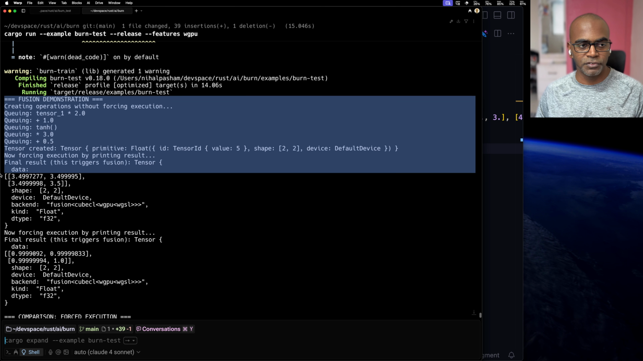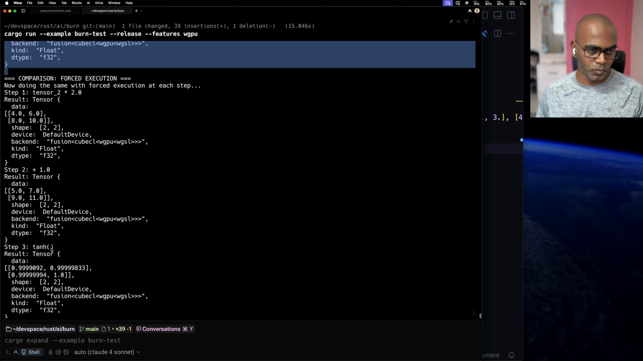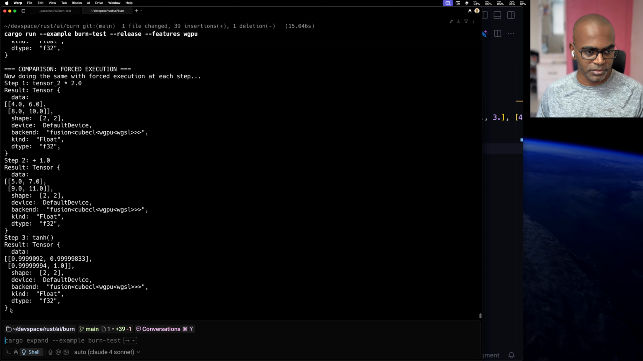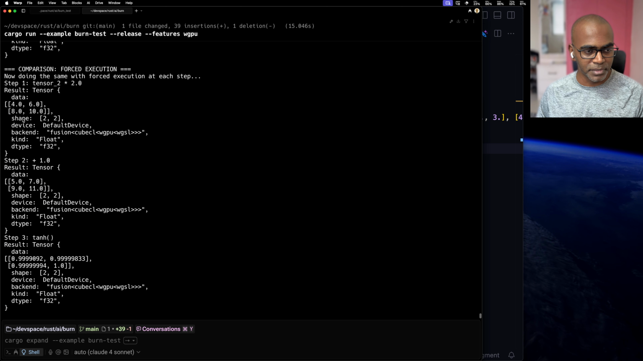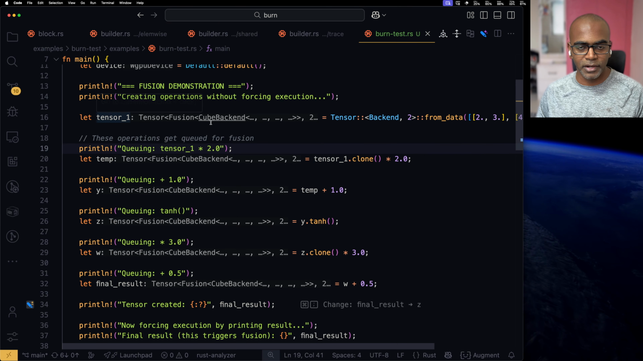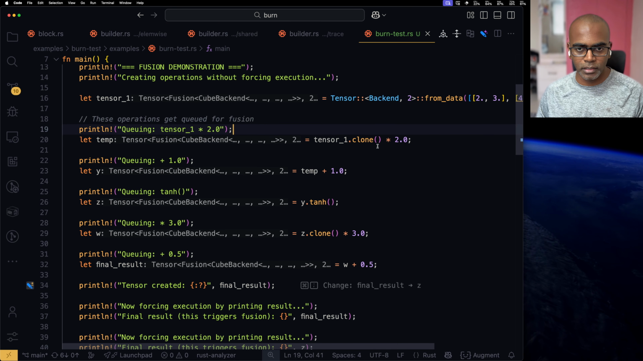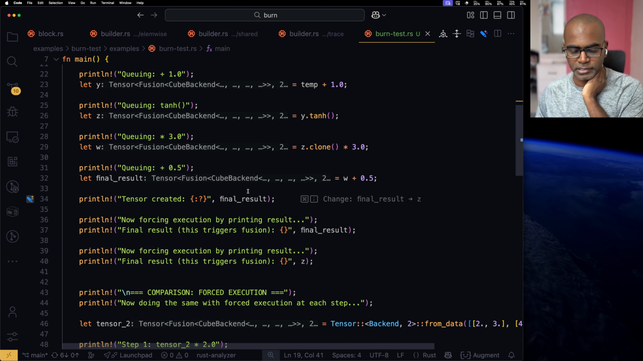So when we forced fusion, this is what we got. When we did individual submissions as well, this is sort of what we got. The answer is the same at the end of it, but we're actually submitting three different kernels, right? And you can see that over here, where we say, okay, create a tensor, allocate one, do a scalar multiplication, do an addition, do a tanh, do another scalar multiplication, and do another addition, and then give me the final